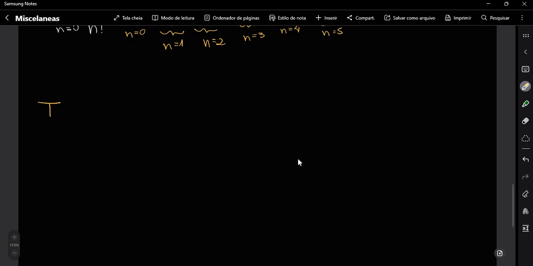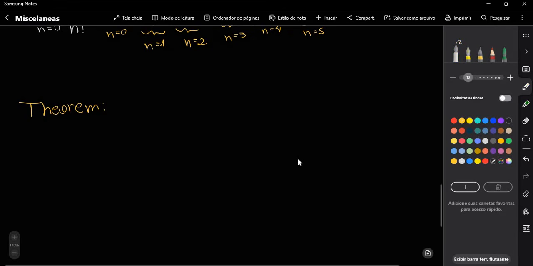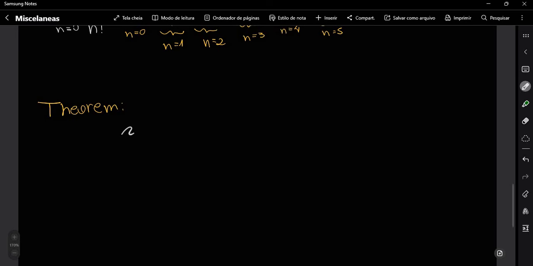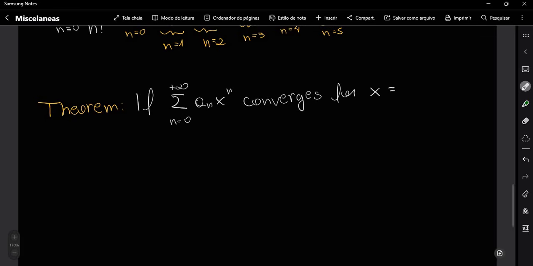And it goes introducing a theorem. And it says that if the infinite sum of a_n x to the n converges for x equal x1, with x1 different of 0,